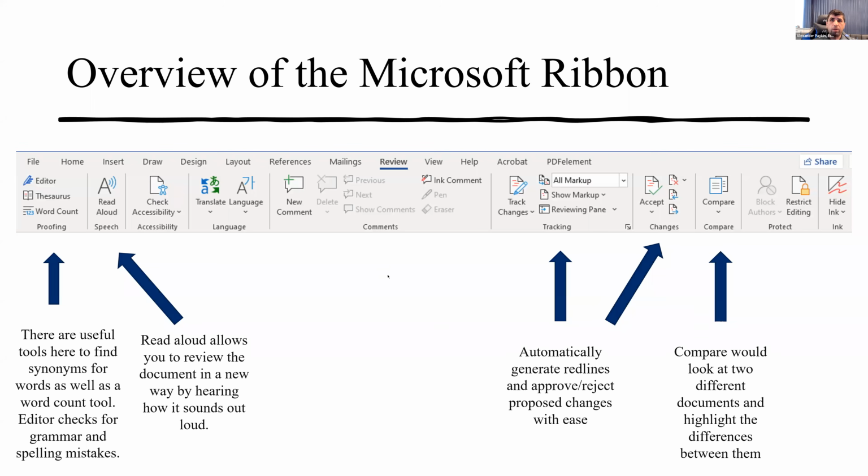On to review. Proofing's nice. Personally, I find that the built-in proofing that underlines things in red and blue for me as I go is adequate, but sometimes you may want to use a thesaurus, for example, or to manually go through with the editor for proofing so that it takes you from one item to the next. Usually handy if you're reviewing somebody else's work. There's also a word count tool over here, although practically speaking,